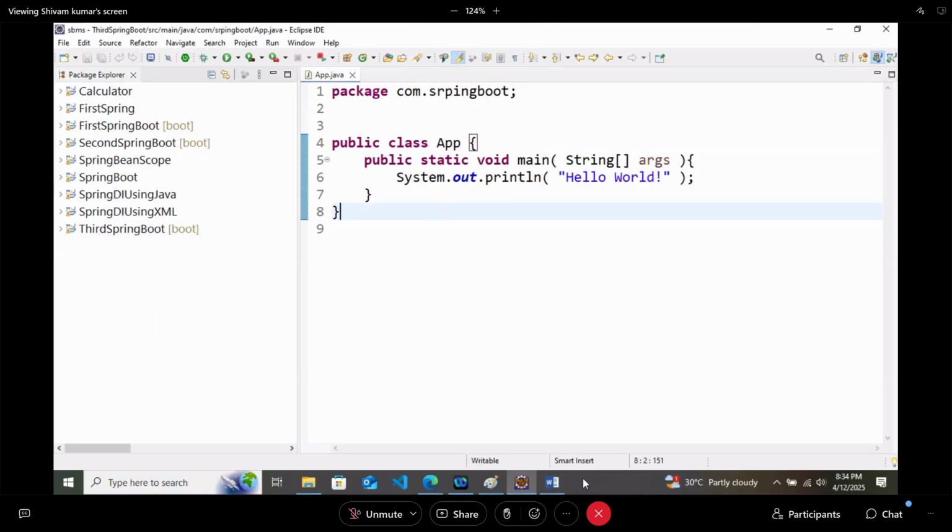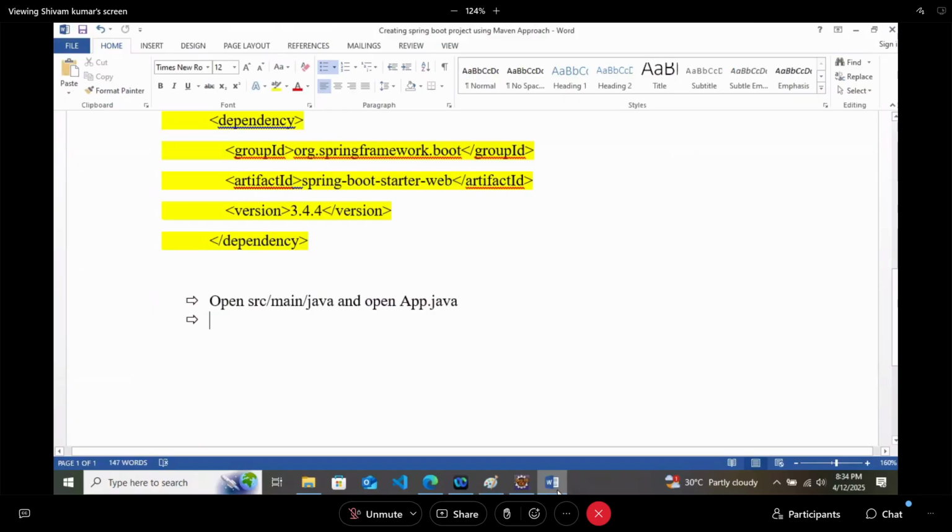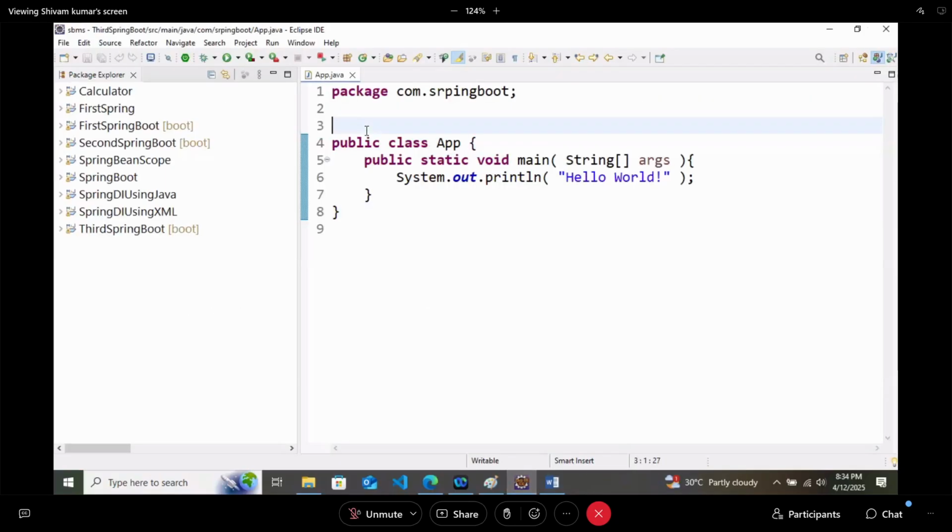Now the first thing that we have to do is annotate the class with @SpringBootApplication. Again, I am saying that what is the meaning of this annotation? All these things we will discuss, but first you should understand the methods of creating a project.